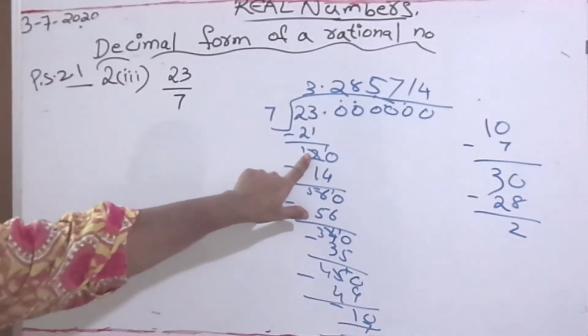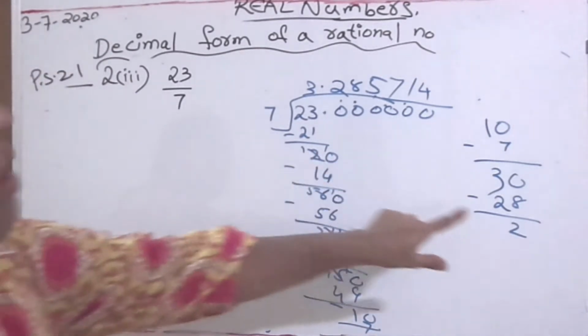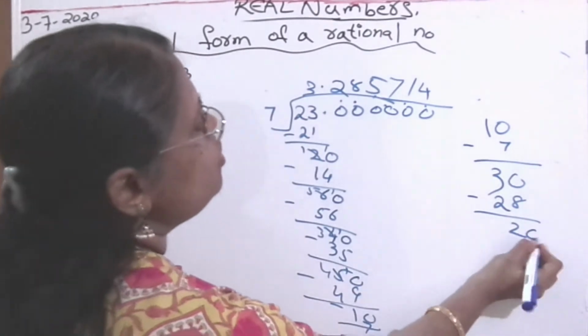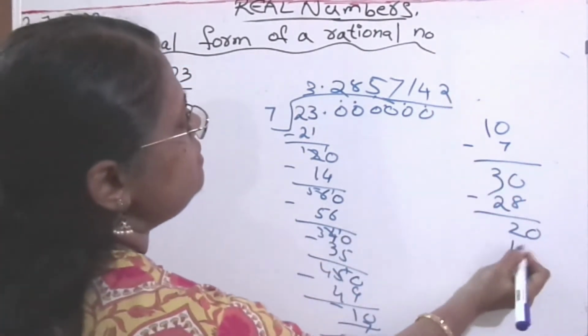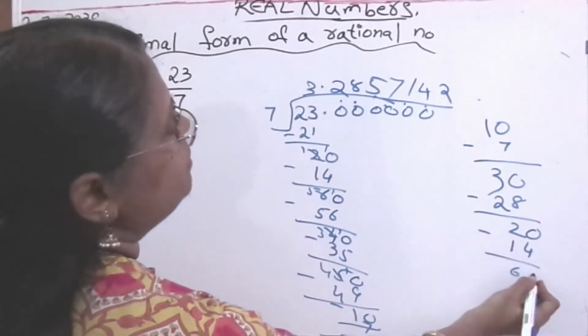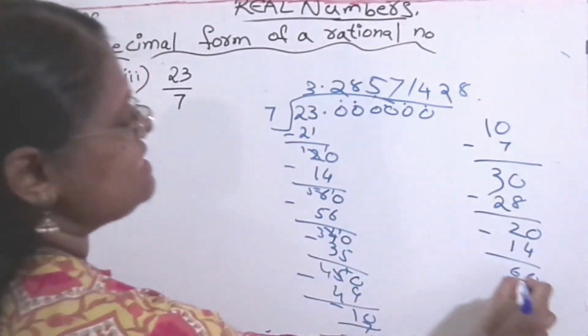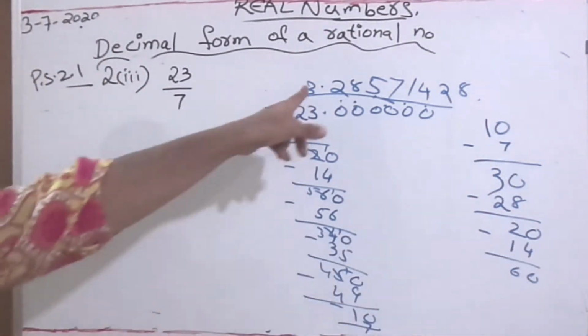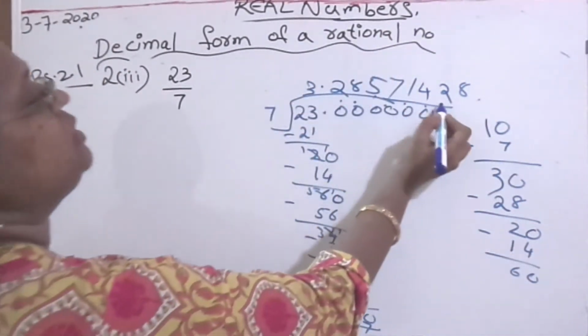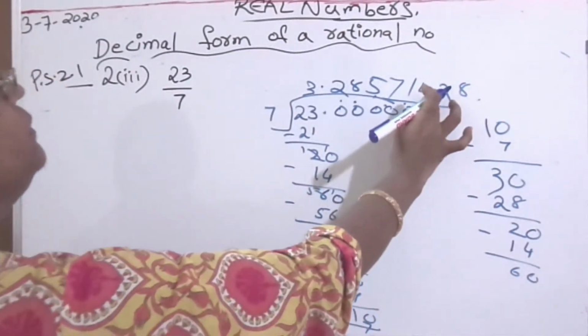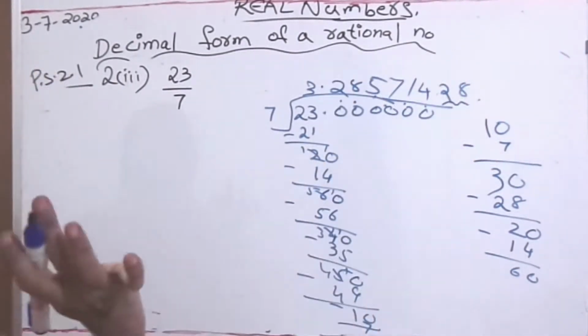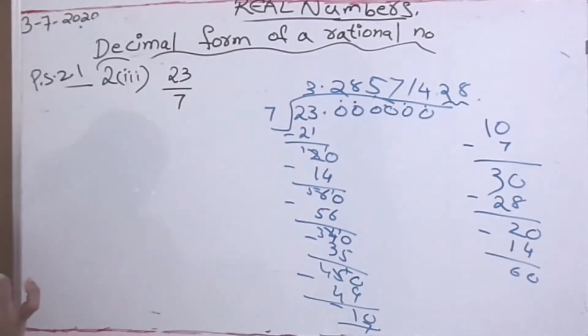Okay, here it is getting repeated now. 2 0. So now you will put this next 0, no? It becomes 7 2s are 14. And now it will go on repeating. 7 8s are 56. 7 5s are 35. So it will go on repeating after this. Here, this is repeated. So we can write